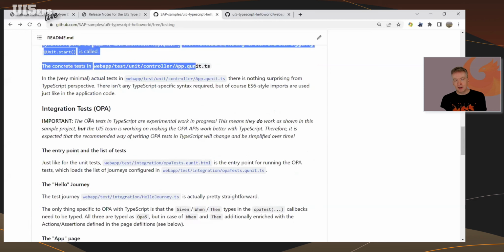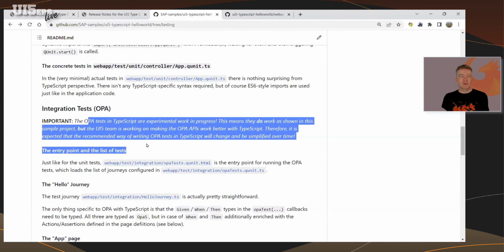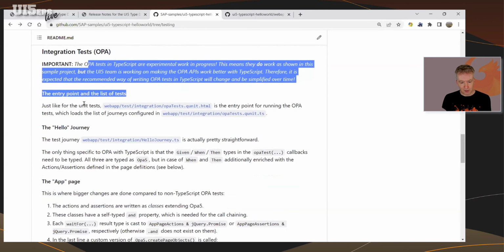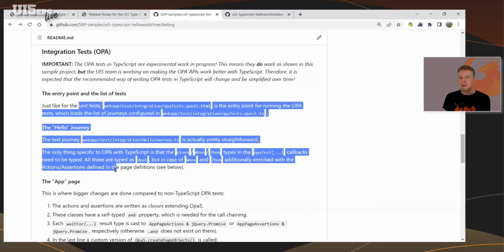And for OPA, there's still a remark that we're still working on this. For QUnit, I would say what you see there is perfectly fine. For OPA, there are still some API issues that we are currently working on, and I think we can have a look at the code in VS Code. But at least here, everything is described. All the files that you need for the testing are described.